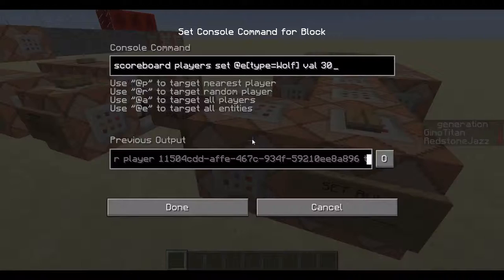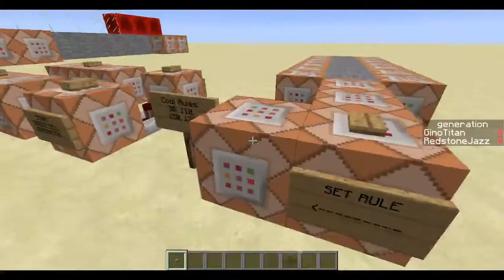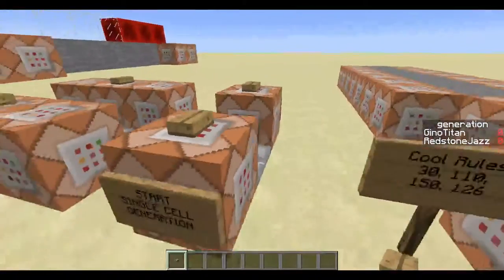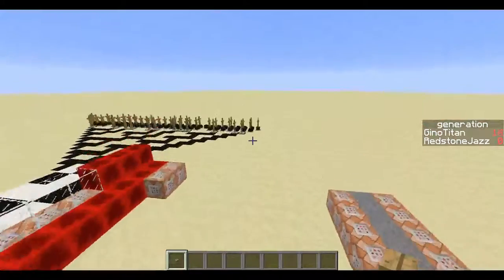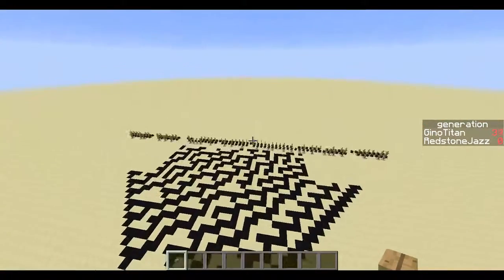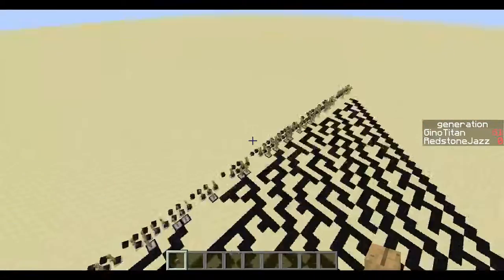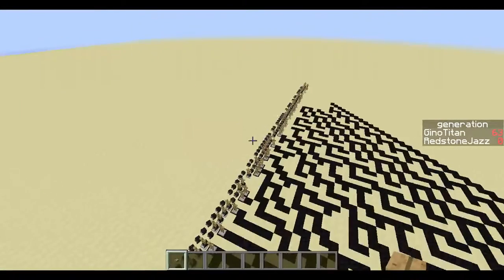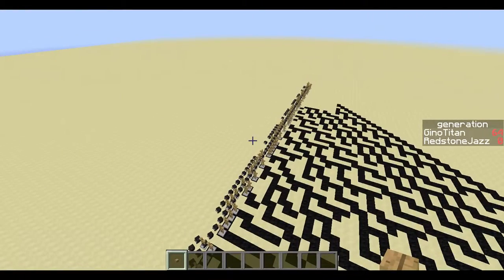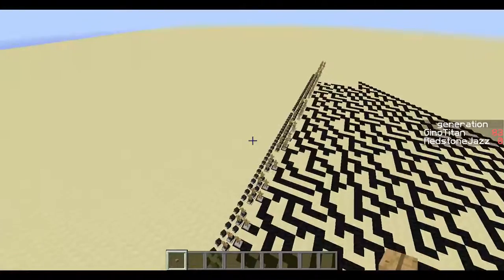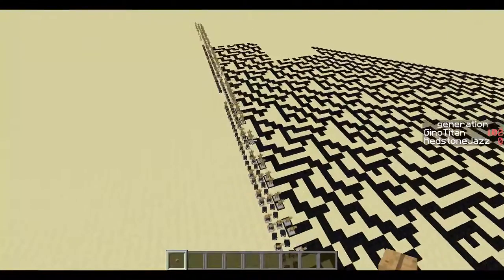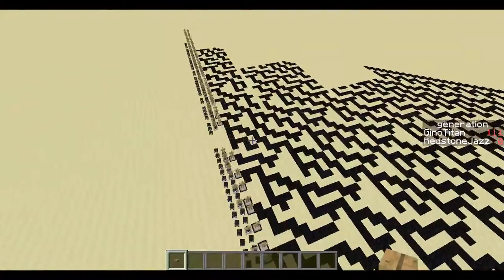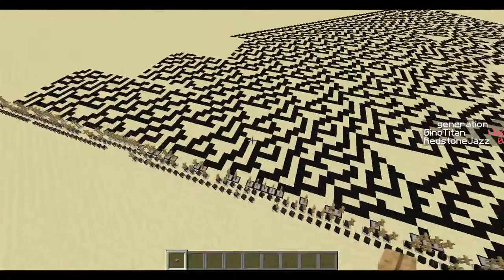So we just go ahead and set this rule, which this guy thought was a cool rule, and then start single cell generation. And you can see we have a really cool generation of patterns. You can see the armor stands and the wither skulls. So it's really amazing. The problem is,